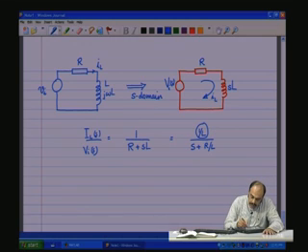In the denominator, there is a pole because there is a first order S there coming into the picture, and the pole is at S equal minus R by L,